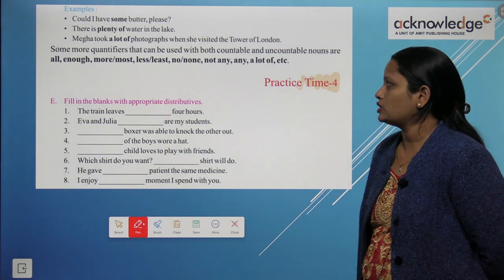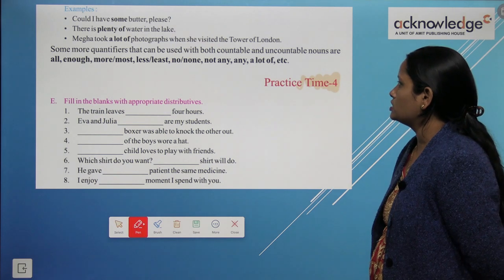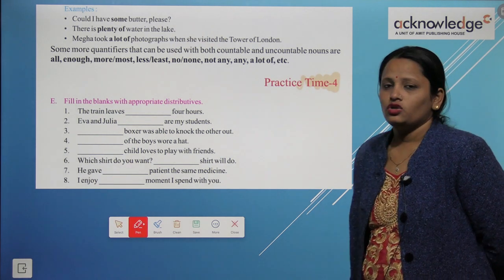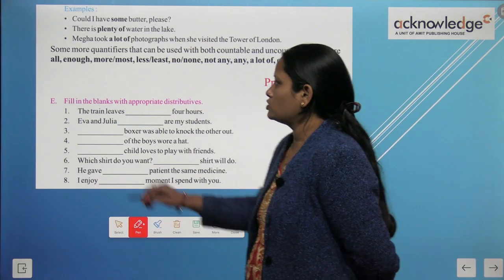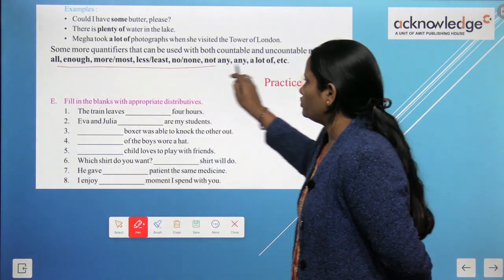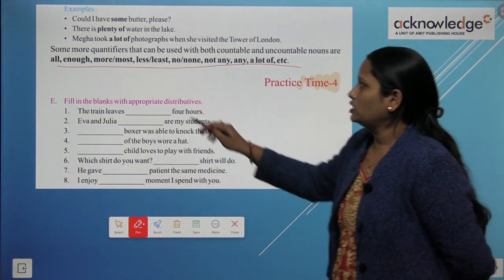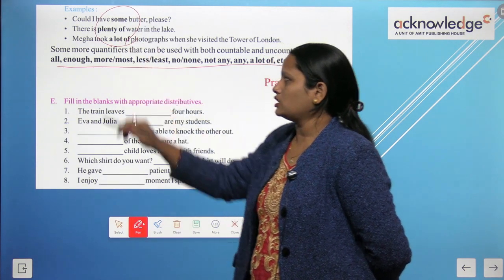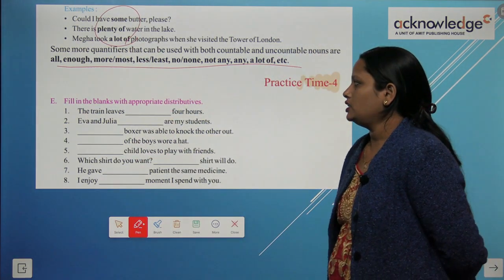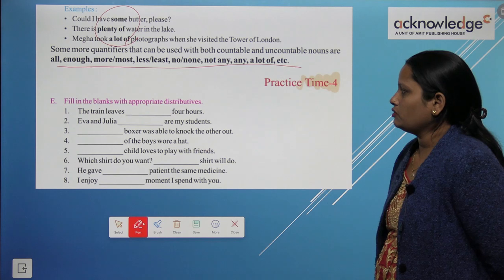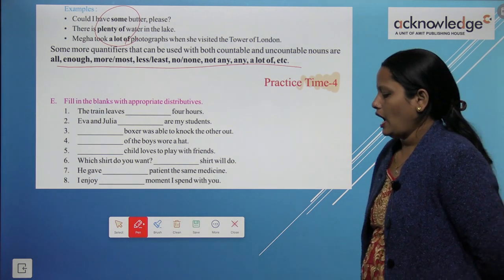So some more quantifiers that can be used with both countable and uncountable nouns are, so countable uncountable के साथ जो भी quantifiers हम use कर सकते हैं, few more are given here. So ये थे जो हम दोनों के साथ use करते हैं, इनके अलावा भी कुछ यहाँ पे नीचे दिए गए. Now here children we have to fill in the blanks with the appropriate